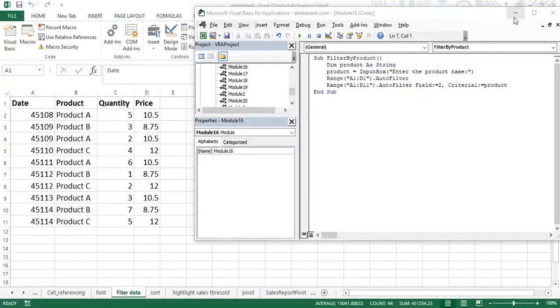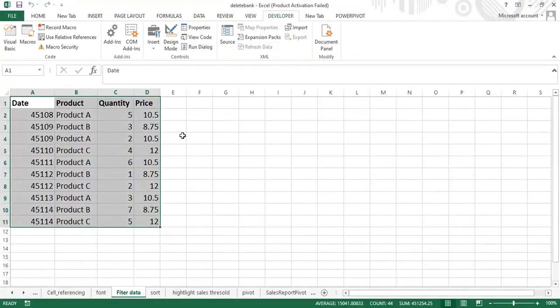In this video, we are going to see how we can filter out the data as per your condition or as per this product name. Manually, we can do it using the filter option, or as per the table. But whenever you have a repetitive task, you can write your code and then perform it again and again,